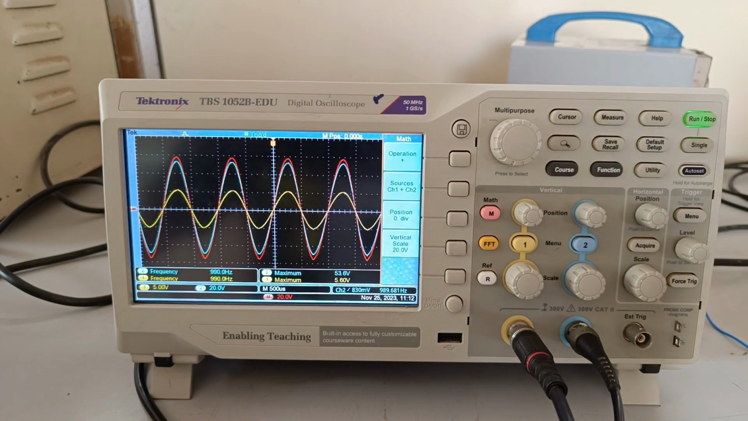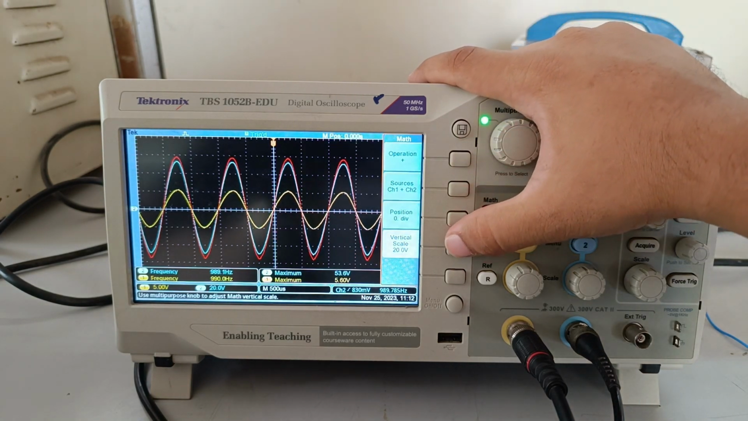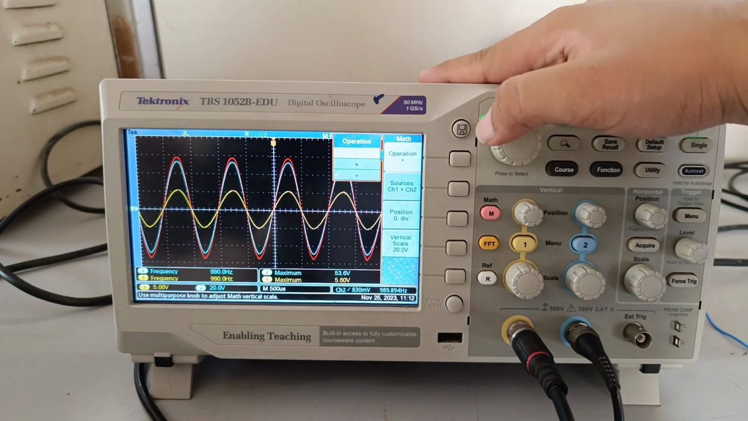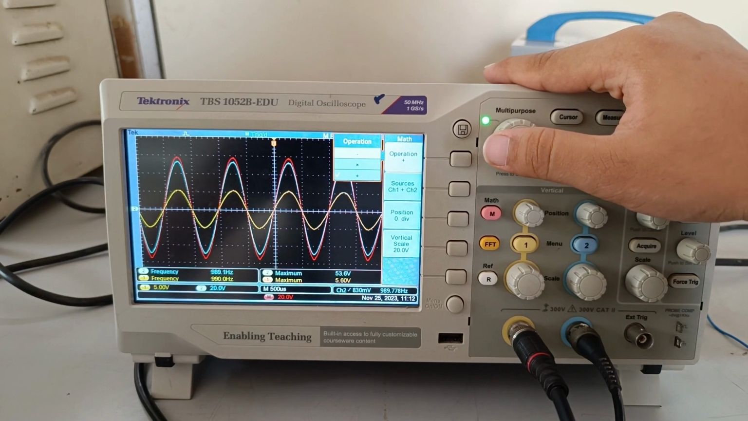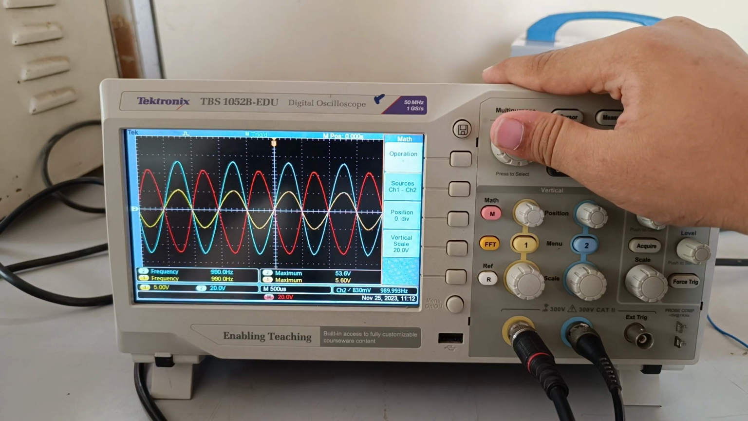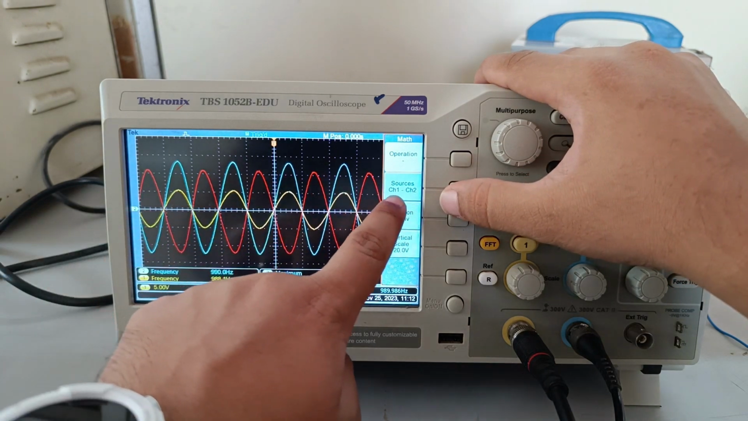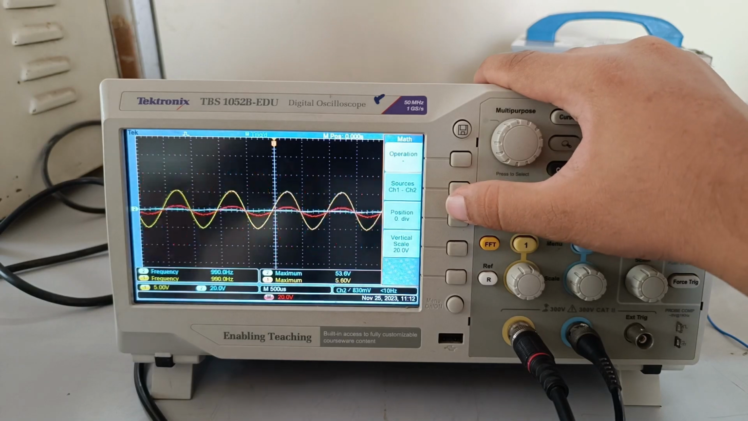Now let's look at the math function. When we go to math, there are 4 menu options: operation, sources, position, and vertical scale. Let's look at each of them one by one. Operation is used to do the operation between the two channels, either plus, minus, or multiplication. Let's select subtraction. When we select subtraction, we now have the operation between source channel 1 and channel 2. The red waveform is the equivalent waveform of channel